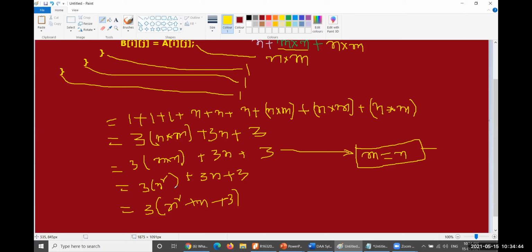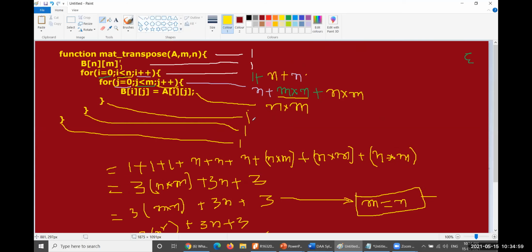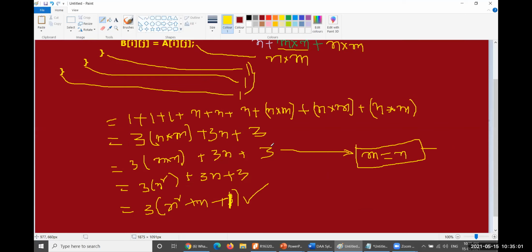Then 3n square plus 3n plus 3, that is 3 into n square plus n plus, sorry, this is 1, I'm sorry, this is 1. So this is the frequency count method where exactly the problem will be. And of course, we may add these 3 also. I forgot to add those 3. So plus 1, plus 1, plus 1.